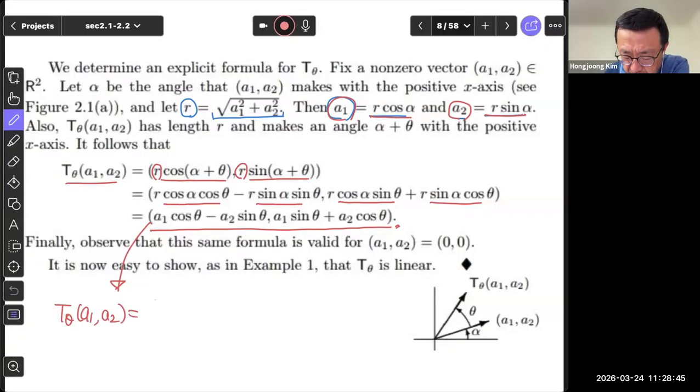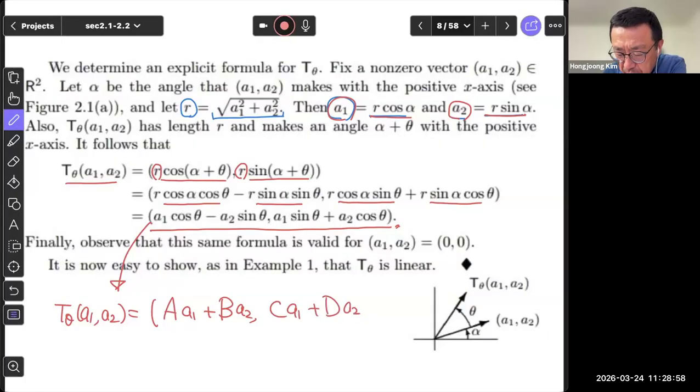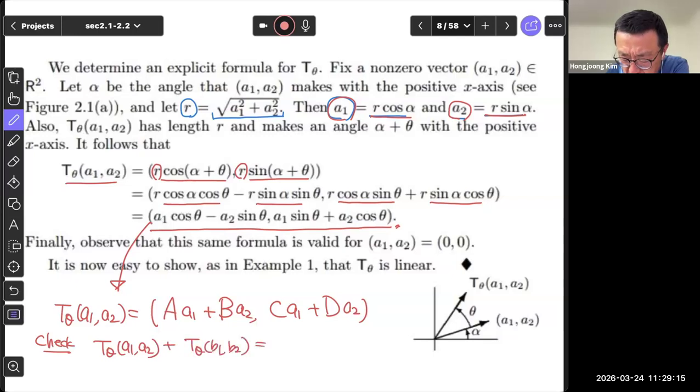the t sub theta of a1, a2 is written as some number, say a times a1 plus b times a2. And the second entry is c times a1 plus d times a2. So we have this. And then you can easily check that t sub theta of a1, a2 plus t sub theta of b1, b2 equals t sub theta of a1 plus b1 and a2 plus b2